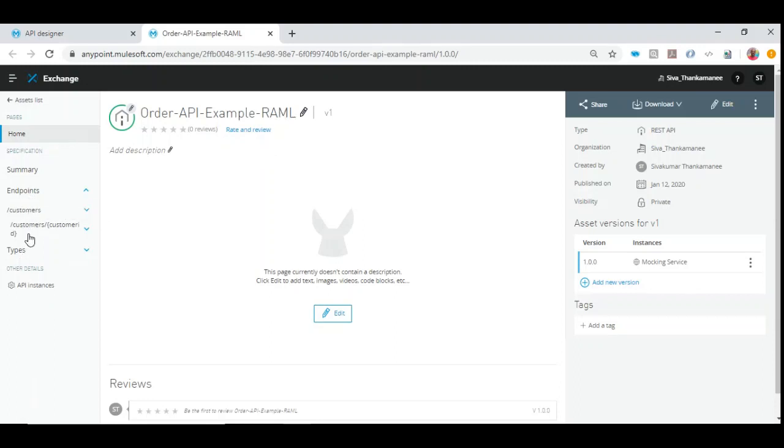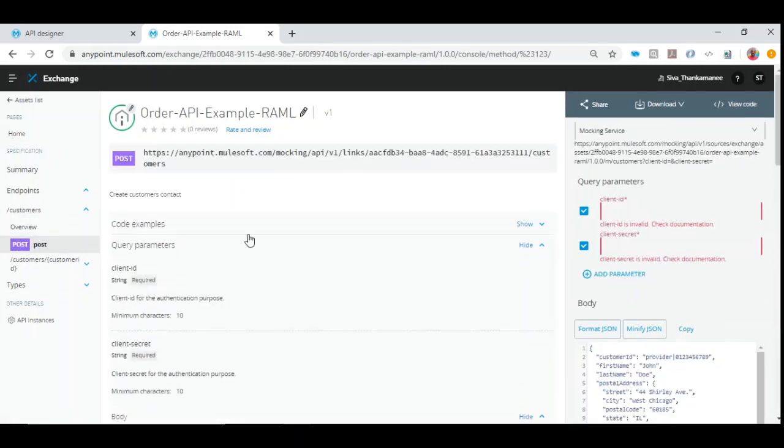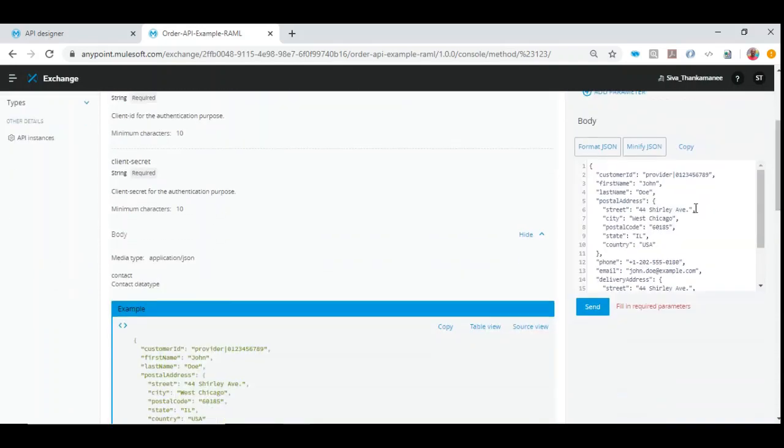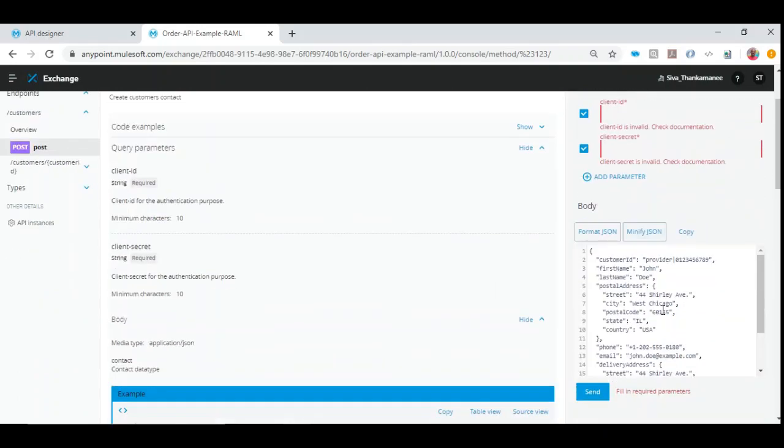And here are the endpoints. You can just click it here, and you can click this POST. Based on the RAML design, it shows here that the client ID and client secret are required, and it's giving the response. It keeps the data filled in for the request. So let's give it,